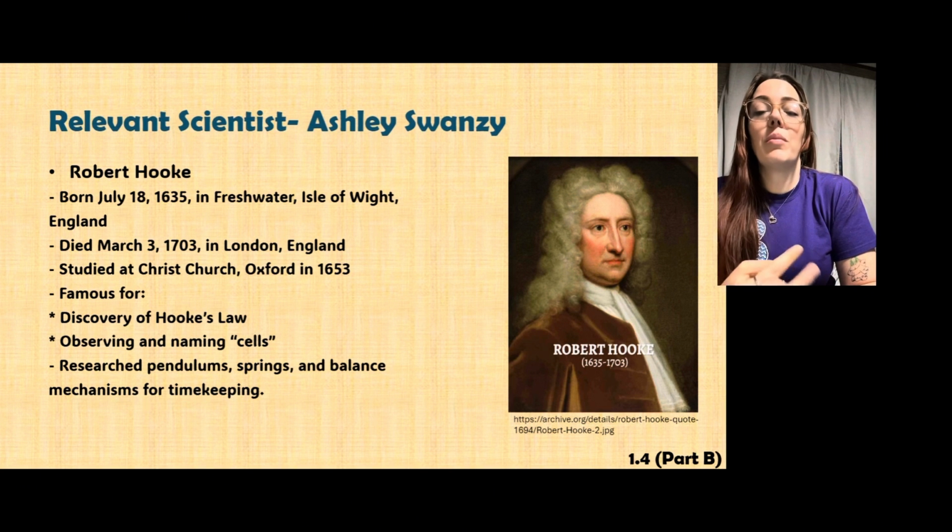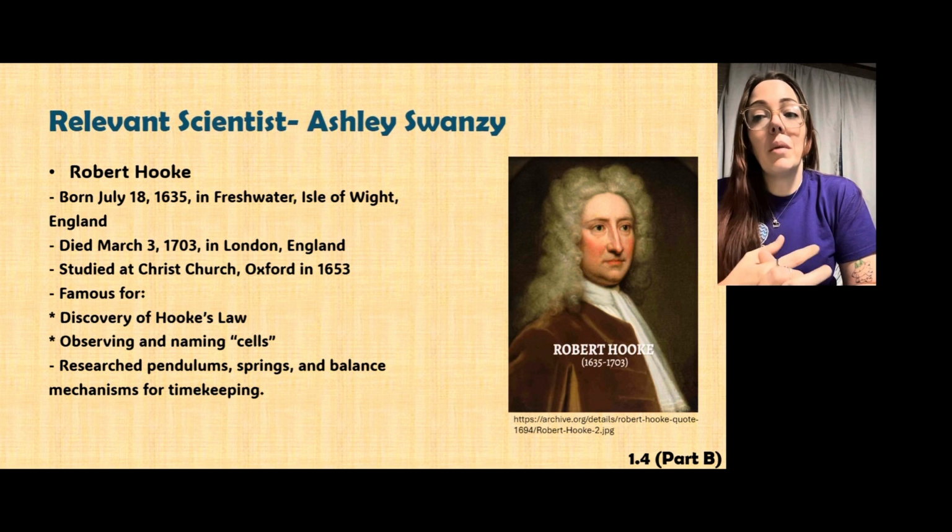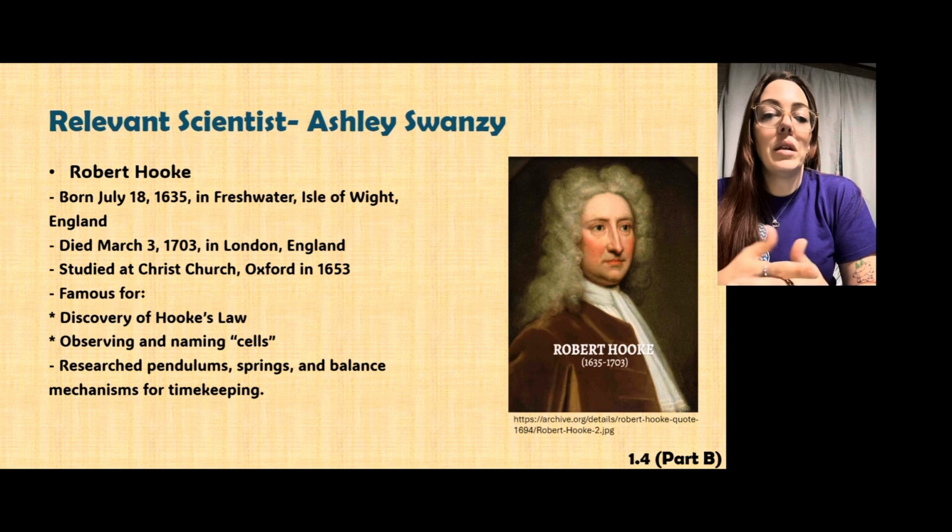Robert Hooke is famous for many things, but just to state a few of them, the one we're talking about today, his discovery of Hooke's law. Again, it was discovered in 1660, however, it was first published in 1678. He was also famous for observing and naming cells. He became the first to make this observation and come up with the term after he examined a slice of